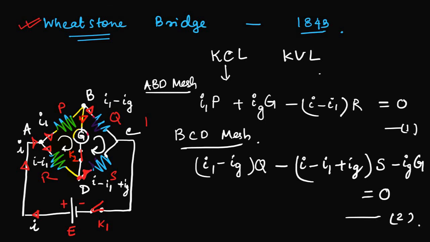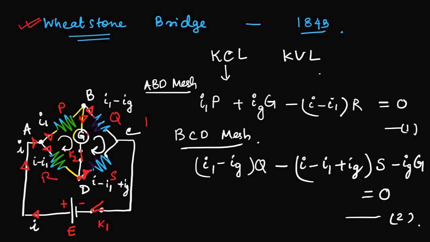So I minus I1 from the AD arm, plus the BD arm current, which is IG, so I minus I1 plus IG will be the total. But as the current was flowing anti-clockwise, that's why the negative sign, same with the galvanometer part. Now these are the two equations. If you understood what they mean, then you understood the whole of the part.